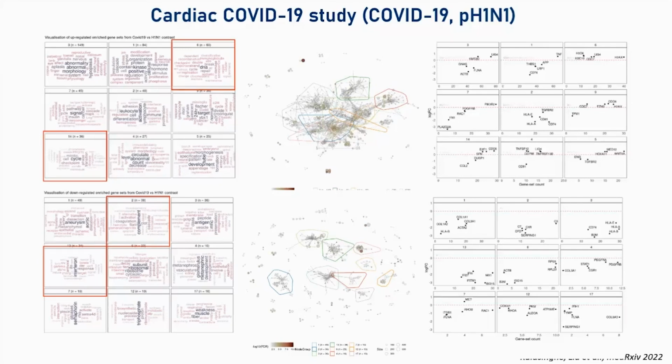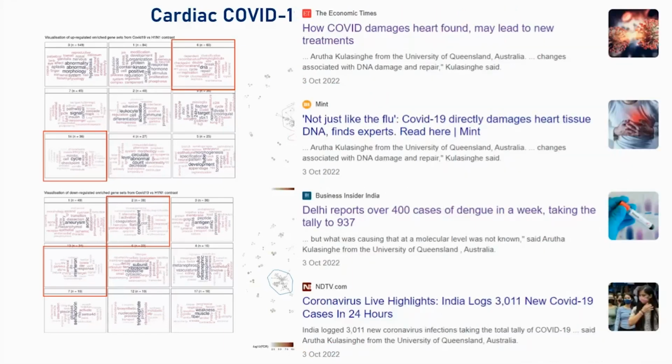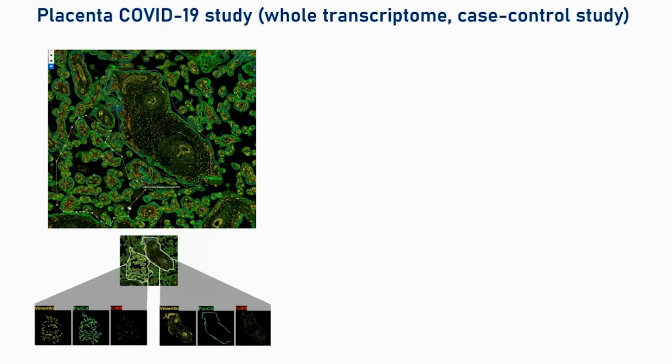We then went on and stained the tissues using broad DNA damage markers, using gamma H2AX and a few other markers at the protein level, and we could see that staining was specific for the COVID-19 cohort, and not the flu, not the 2009 flu pandemic cohort. So again, a pinch of salt. This is at severe stages of disease in an unvaccinated population. This work was showcased around the world in a number of studies. And so I'll go on to the last study before I conclude this talk.